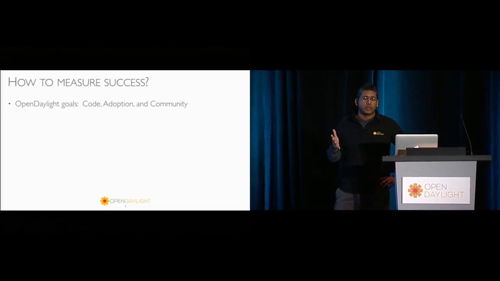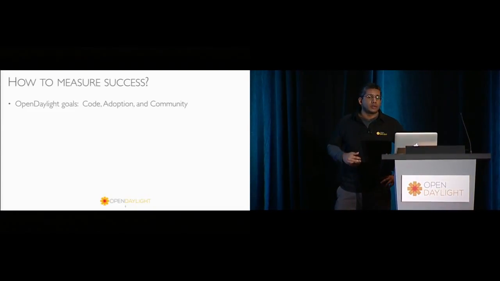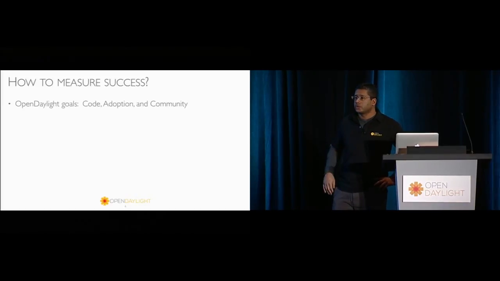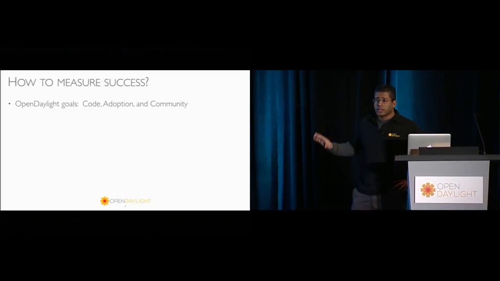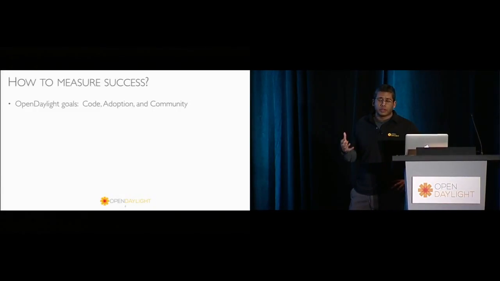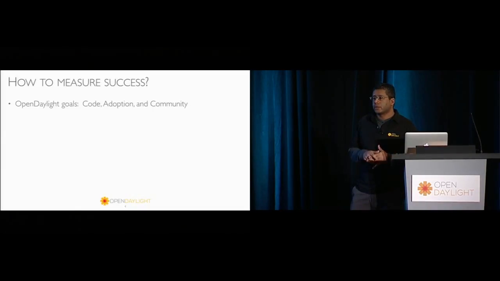The first one, of course, is code. Any open source project has to be measured by the code that's produced. The code is really what lies at the heart of the project, along with the community. So the thriving community of developers and users around that code base, around the project, is also another indication of whether the project is really alive and kicking, or if it's something that's slowly fading. And then thirdly, there's the adoption, right? So this is adoption by vendors, by taking the code base and using it to deliver products to the market, by users who take